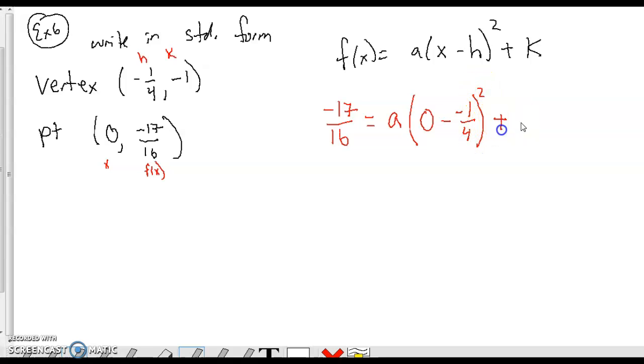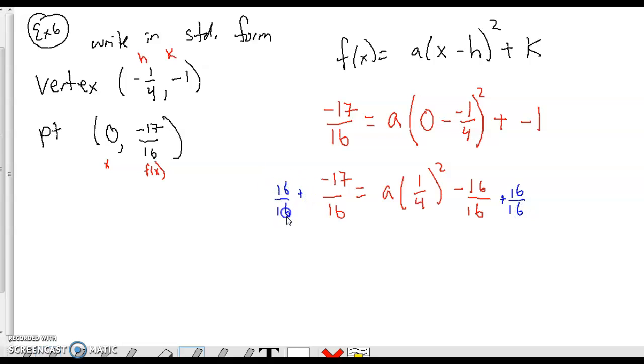Let's see, we have -17/16, and this will turn out to be (1/4)^2, and then -1. I'm going to change the -1 to a -16/16. So I just multiply top and bottom by that. So it made my life a little bit easier. I'm going to add